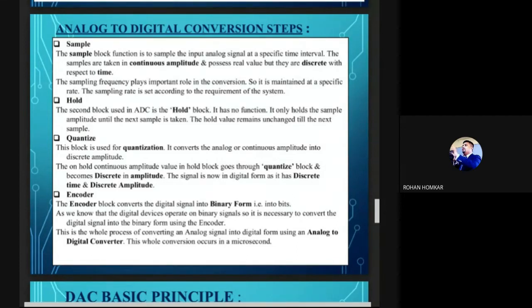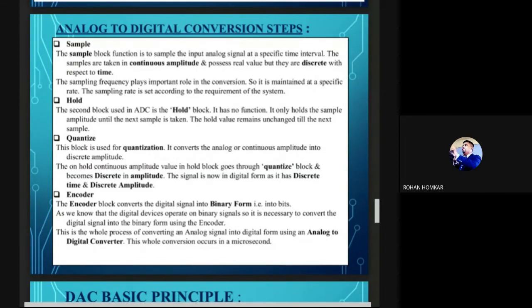At every second we are collecting the sample. Say, for example, we have that data in the discrete time format. Amplitude will be the same, whatever it may be at that particular time. Then we are able to set the sampling frequency. Sampling frequency plays an important role in this conversion, because if we keep a higher frequency or a lower frequency, the results are going to change. How they are going to change, that we are going to see now.